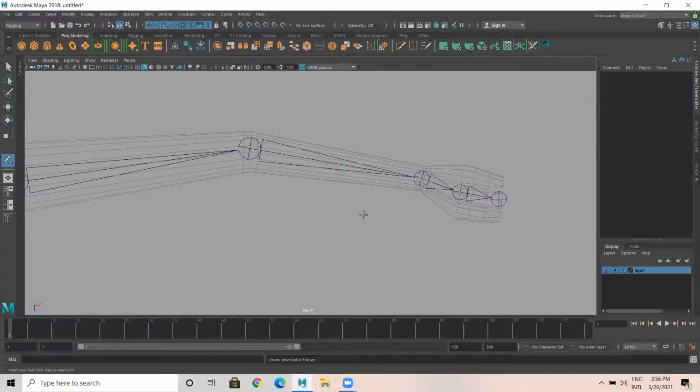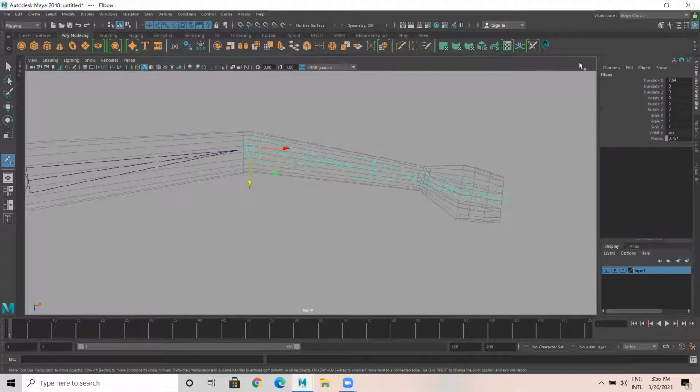Okay, I'll show you again. Go to Skeleton, Insert. From here I want here, meaning this has to be the parent of the joint which I'm going to create here. Click, drag. So this is the forearm. Okay, enter. Now this is the shoulder, this is the elbow, this is the forearm, and this is the wrist.